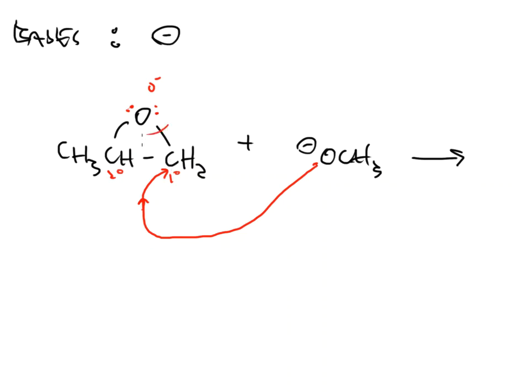That way you can cleave this bond and take those electrons and go off onto that center carbon. So what we see in a base catalyzed reaction, here's CH3, CH, CH2, and there is the epoxide. One version will break the bond here, and the OCH3 group will go on to that end. That frees up this negative oxygen, and now this oxygen's saying, wait a minute, I really liked that